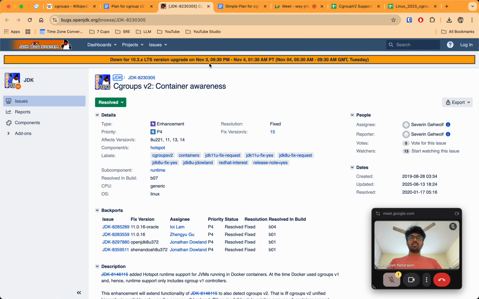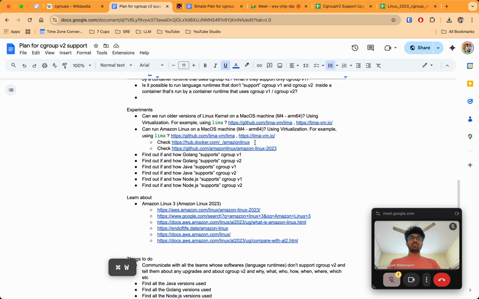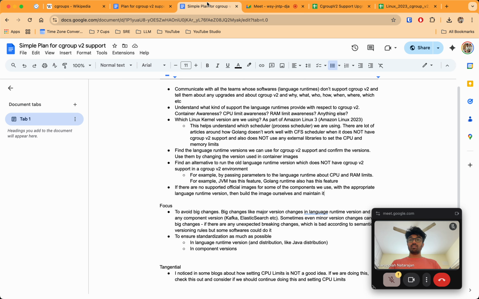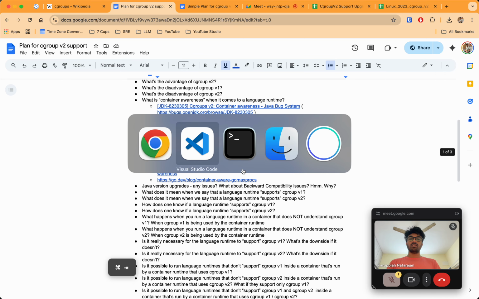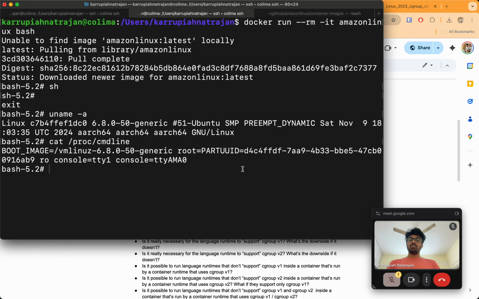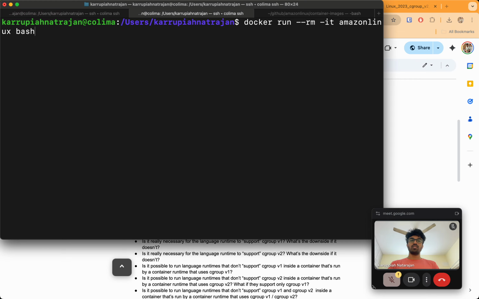I'll probably get back to this afterwards. For now, this is the simple plan I'll follow, and I do have to understand how Node.js and Java do things. I could check out how Java does things by just running a Java image. Should I try out Amazon Corretto?